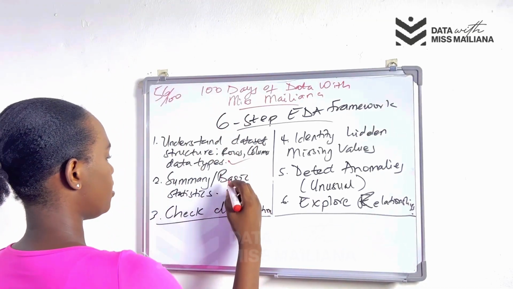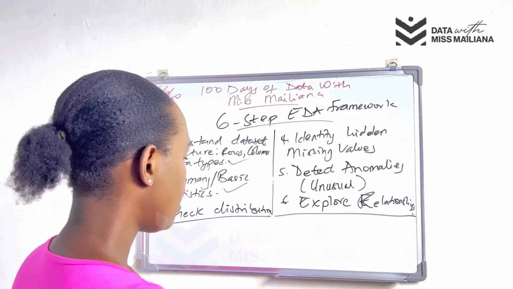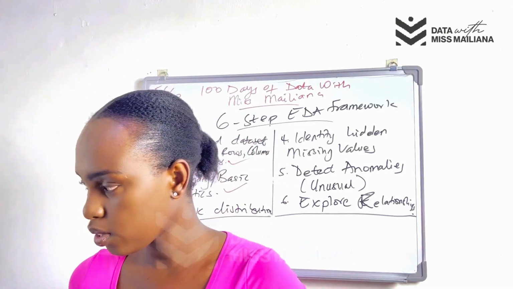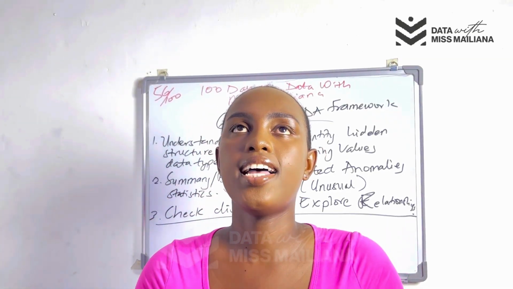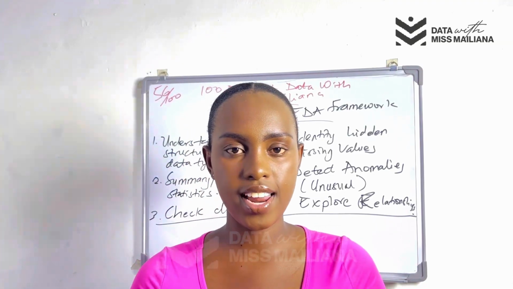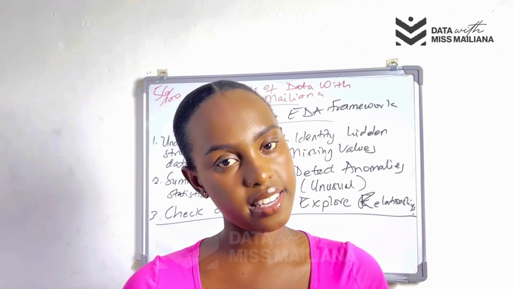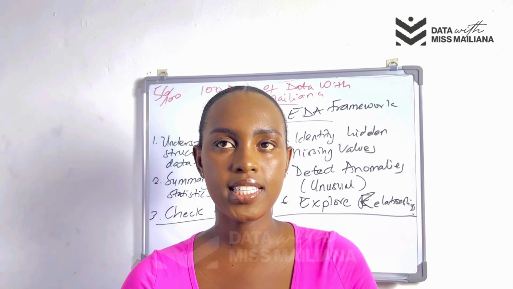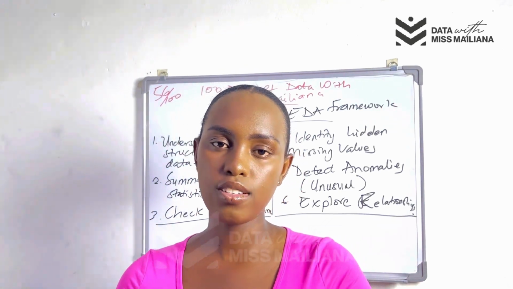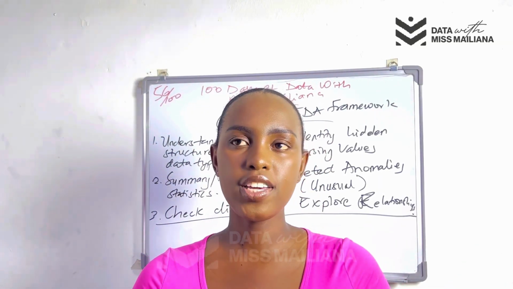All right, so now let's check distribution. What do we mean by distribution? Let me give an example here. You have a data, let's say a class data, in a classroom where they did a mathematics test, right? After they did the mathematics test, we realized that a lot of people had 80, and some people had 20, some people had 30, right? That's vast. But you get to find out that